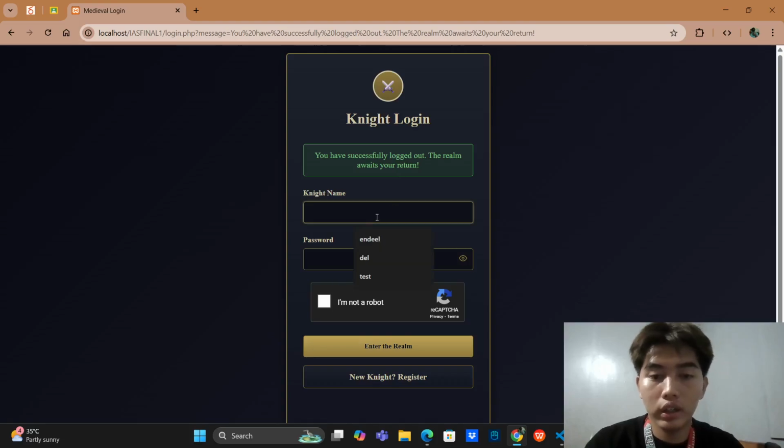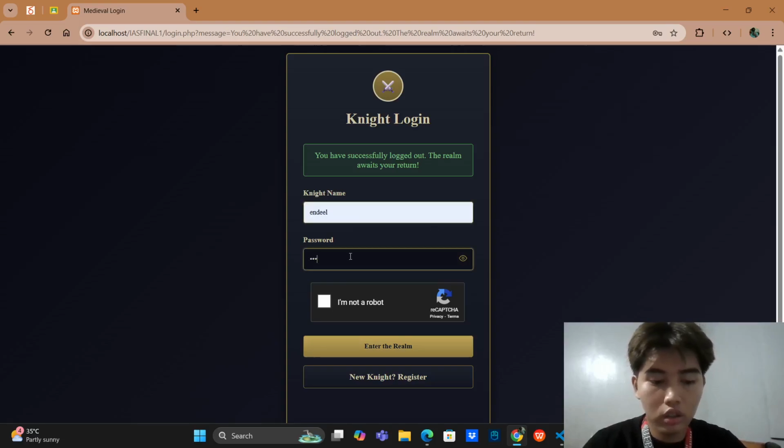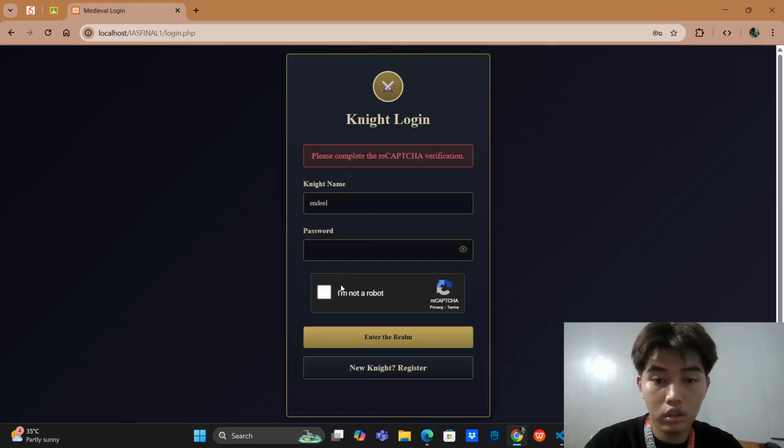So let's try to log in our registered account later with wrong credentials. You need to verify their captcha first.